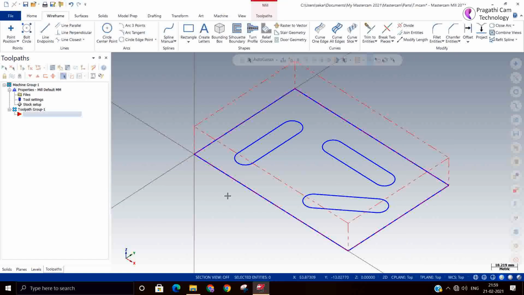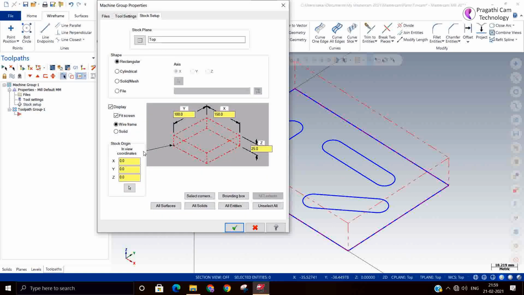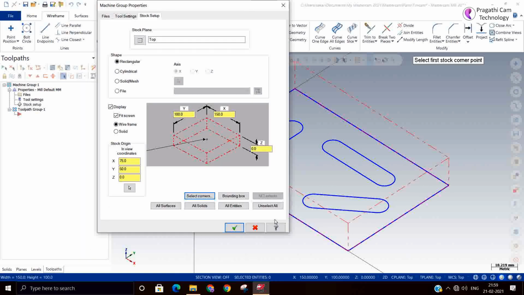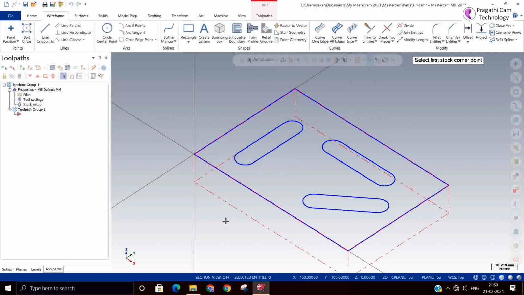So I just want my stock should be below. So I just change here. I think again I need to do the bounding box. Okay, I select the corner. Thickness I will give. Okay. Now we are ready for slot milling.